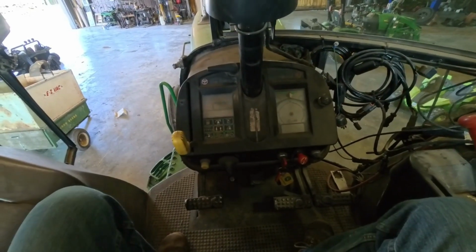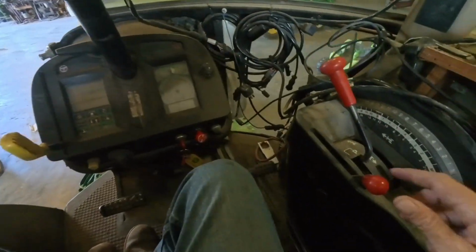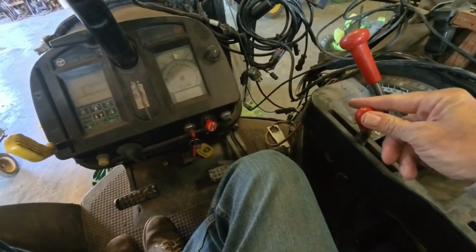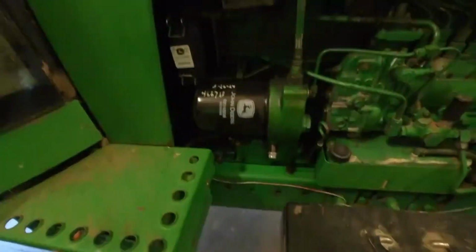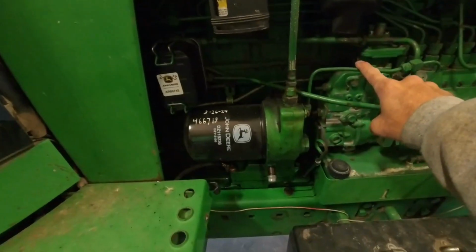All right, well today we're sitting in a 4755 and it has a sticky throttle. It goes to about half throttle before it even responds, and then it gets kind of hung up here, and then yeah, it gets hung up there. This is kind of a solid linkage from the injection pump